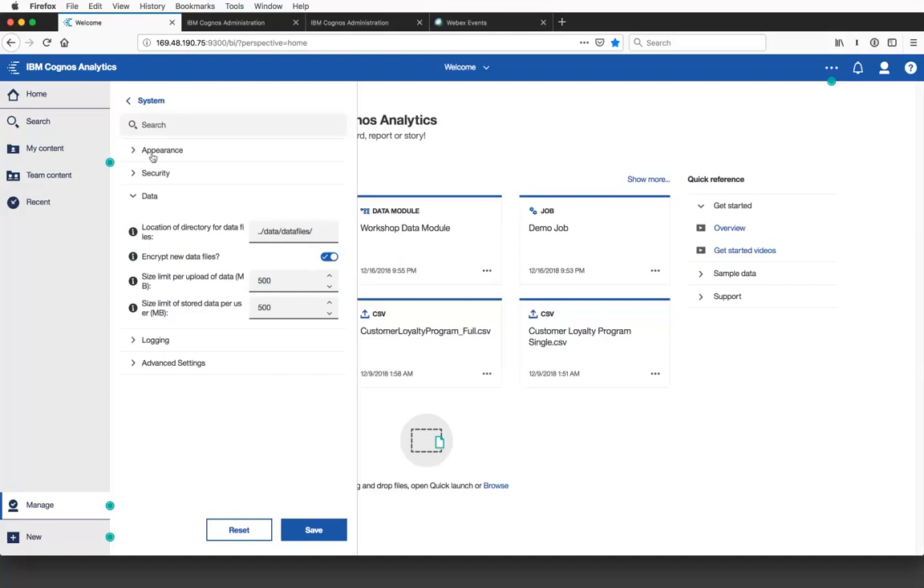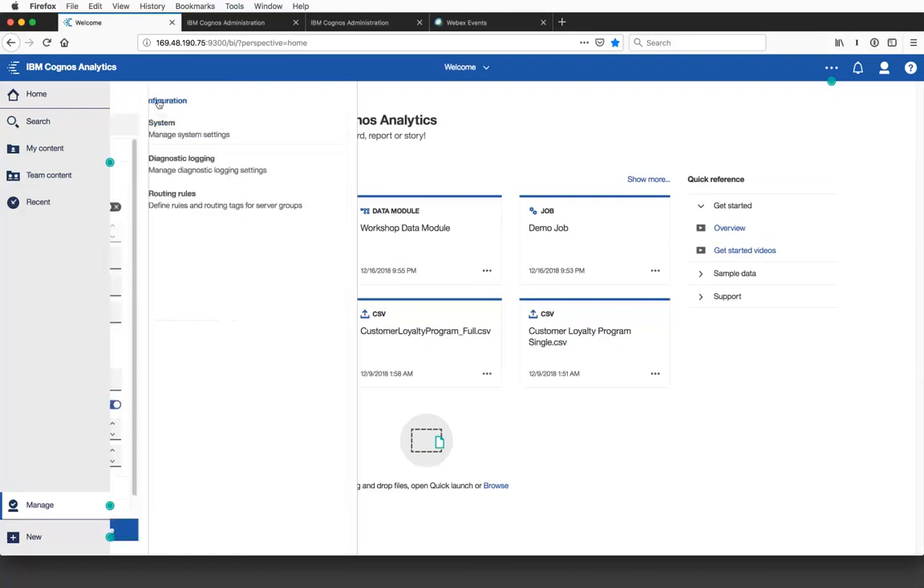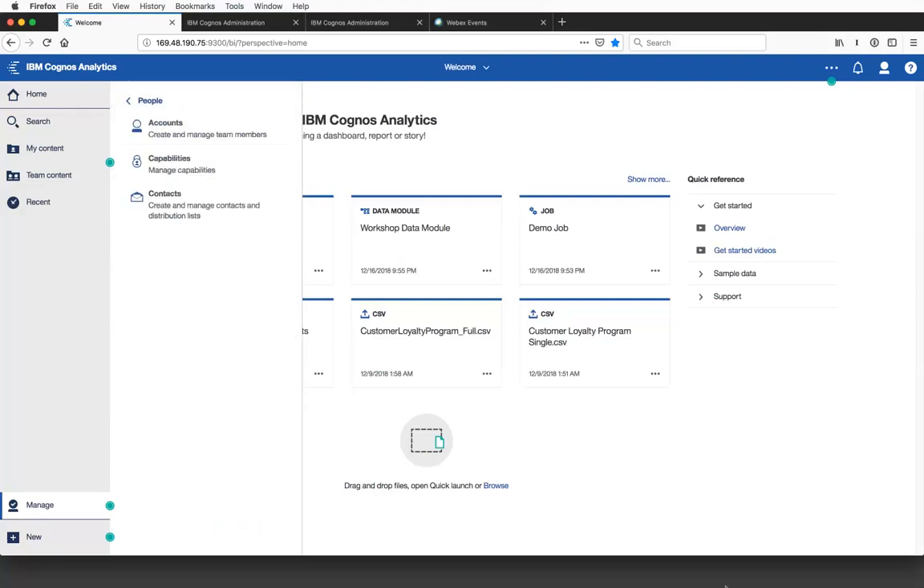All right, so nothing really new on security. There is the ability to set up log out redirect URLs and log in redirect URLs, which is pretty handy if you want to bounce people back to your intranet or whatnot. Now, one of the other things that IBM has added is the ability to look at capabilities,